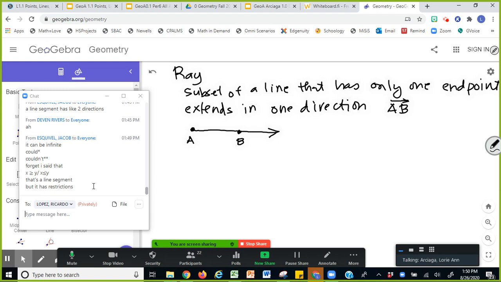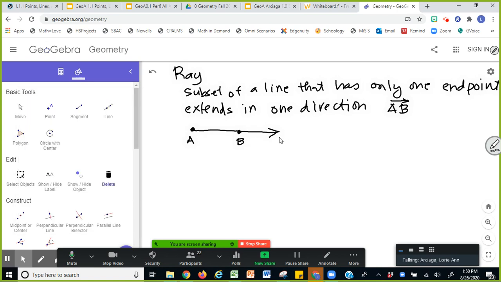It looks like a line segment. Yes, it has restrictions because you have to follow where it goes. So we can't go either left or right. You have to go right only because the arrow is pointing to the right. And also, if I put another point over here, let's say C, I can also name that ray AC.